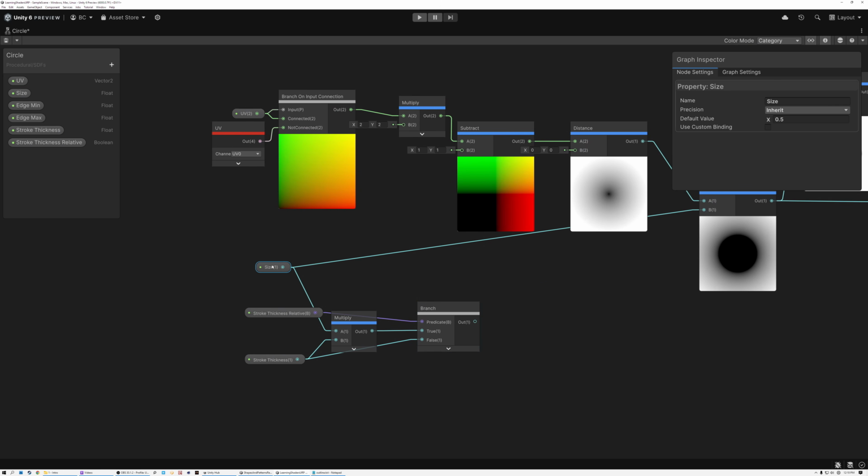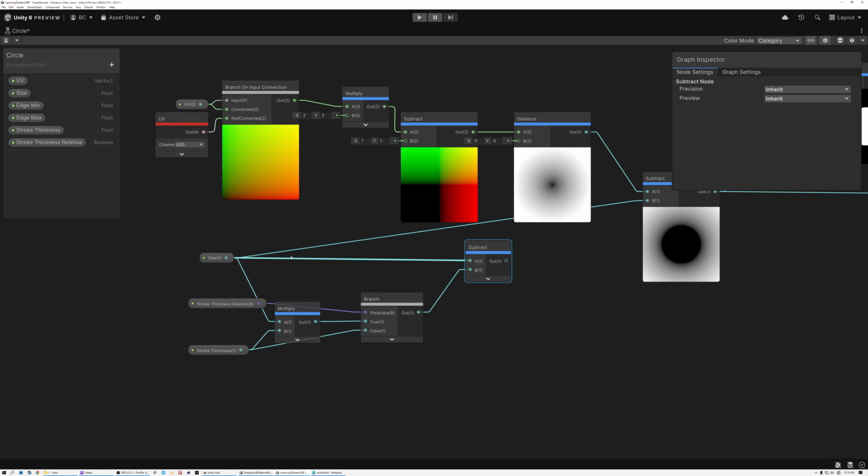Okay, now we need to take our size and subtract this branched stroke thickness value. And then we also need to add this branched stroke thickness value and blend halfway between these two. What this is doing is creating the stroke that's centered right on the edge of the circle, so that the inner part of the stroke is inside the circle and the outer part of the stroke is outside